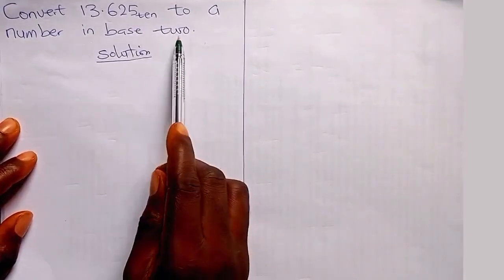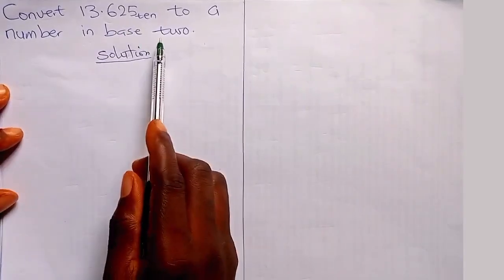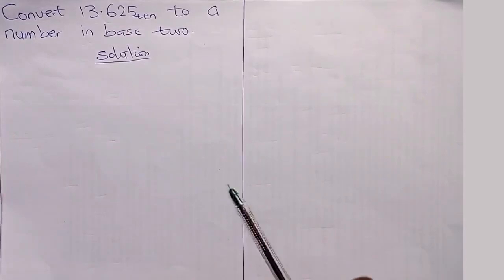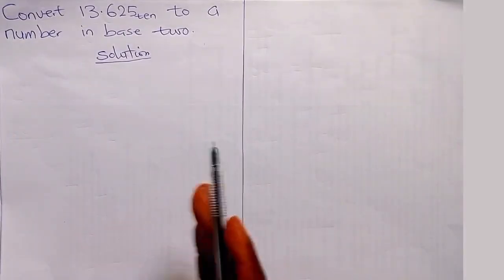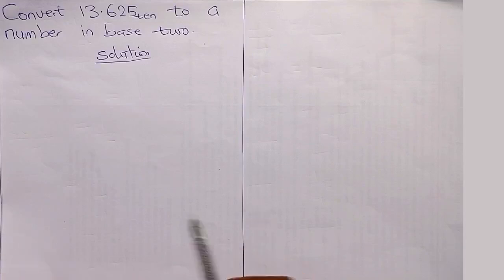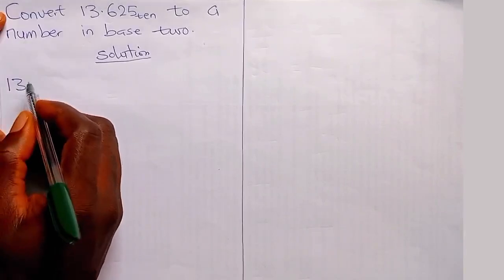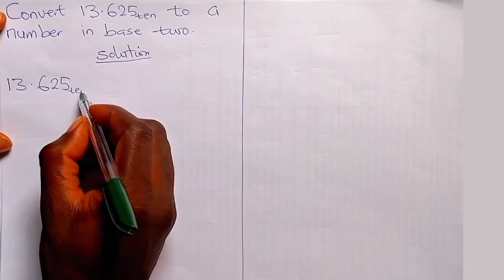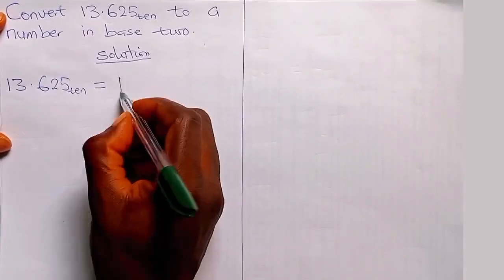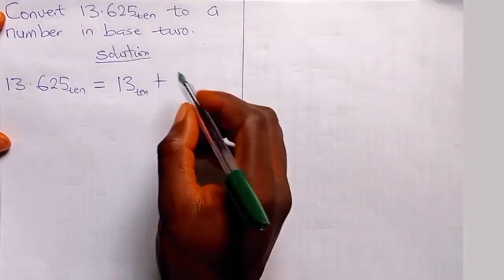In this lesson, I want to show you how to convert 13.625 in base 10 to a number in base 2. When you want to convert 13.625 in base 10 to a number in base 2, it is advisable to split the number into two parts, the whole number part and the decimal number part. That means 13.625 in base 10 can be written as 13 in base 10 plus the decimal number part,